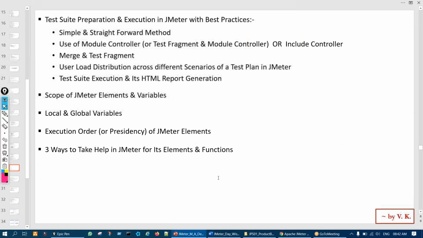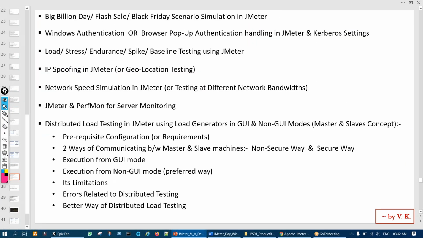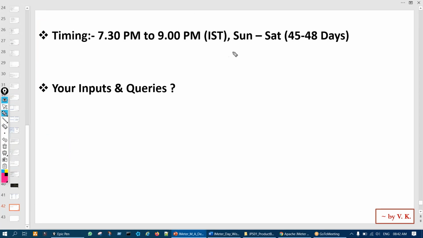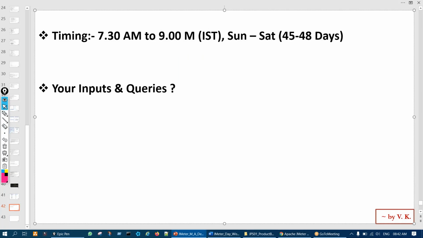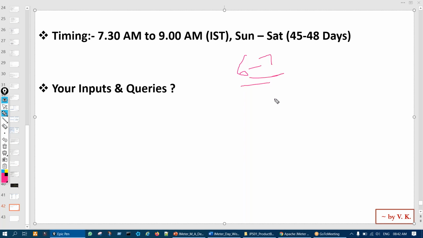So is it Monday to Friday, right, Kumar? 6 days or 7 days, I think. So the timing will be this. Sorry, not PM, it will be AM, India time. Yeah, so it can be 6 to 7 days. 6 days also, not 5 days, but at least 6 days. Right. So this is all about today's demo session. Tomorrow we'll see day 2. Today was day 1.